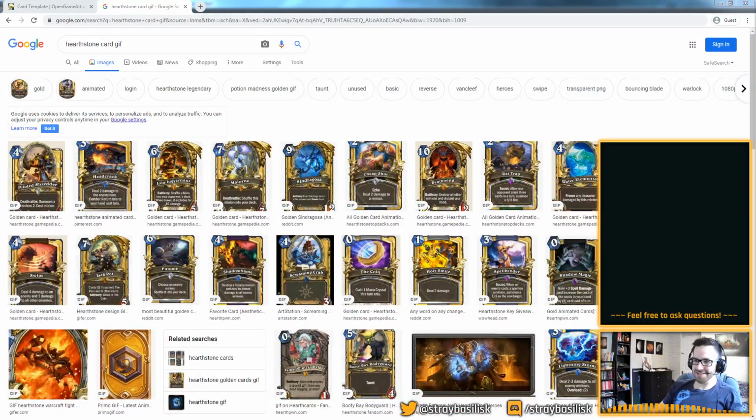As always, we're going to wait a while for people to arrive before we really get stuck into the coding. But first, a quick summary of what we're trying to do today. I thought it would be fun to try and make our own version of something like a Hearthstone style trading card. What I like about Hearthstone's cards